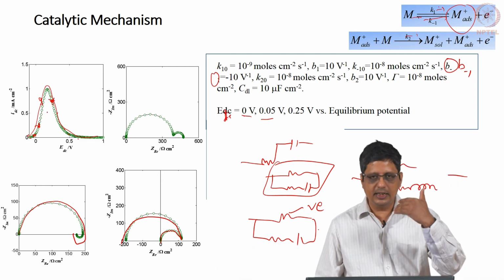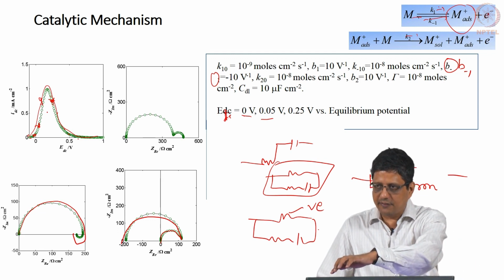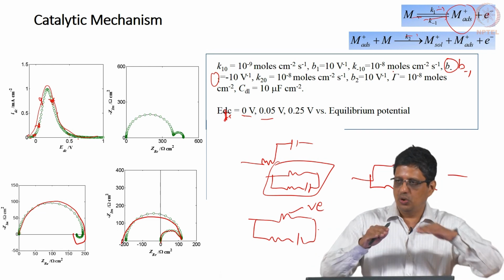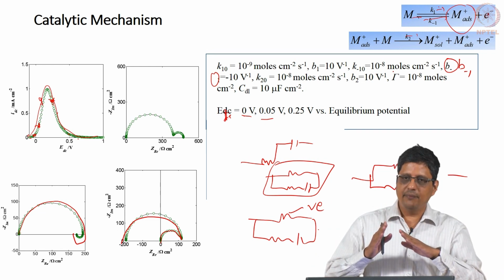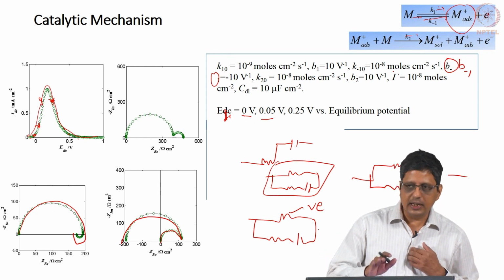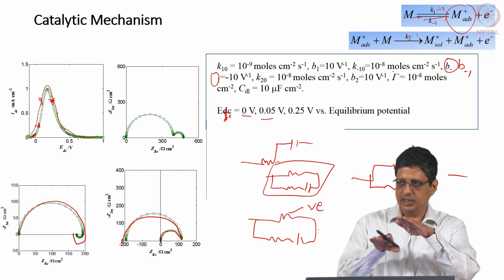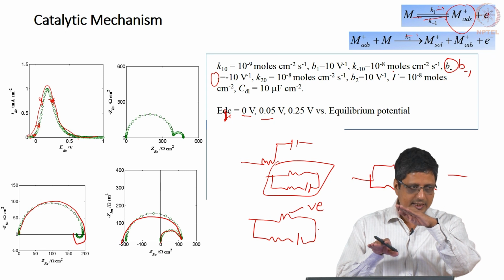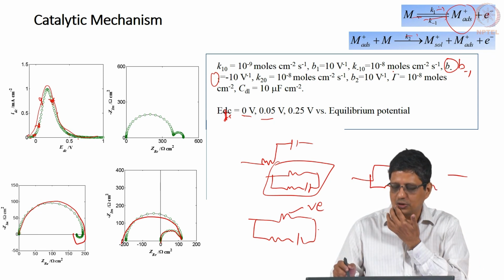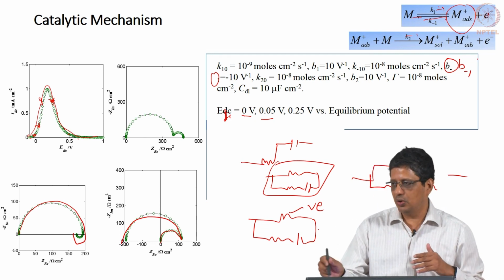Here you can say when I increase the potential, adsorbed species become more. So, current increases a little bit because of that, but the second step which gives current is decreasing a lot. So, whenever potential is increasing, the forward reaction rate constants K1 and K2 are increasing. Physically it is meaningful. It is just that the combination works in such a way that one current increases a little, another current decreases a lot, because the theta value is also playing a role, and as theta increases, that causes the second reaction to go down.